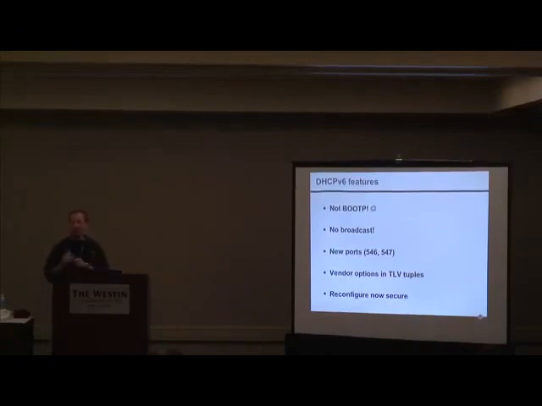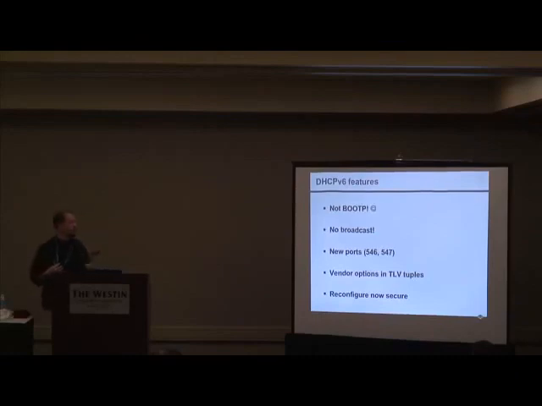I had a teacher who used to say you can't polish a turd, and if you could, all you'd have would be a shiny turd. We still have vendor options. We still have turds, but we have shined them up, and we have made them a tuple: type, length, and value. So there is now a standardized, pretty consistent box in which we now store the turds. For better or for worse. At least it makes DHCP config files and DHCP server code much cleaner to write because it's not this variable length, not predefined object goo that we have with v4,